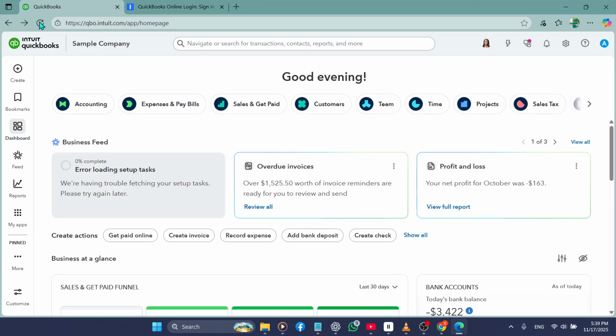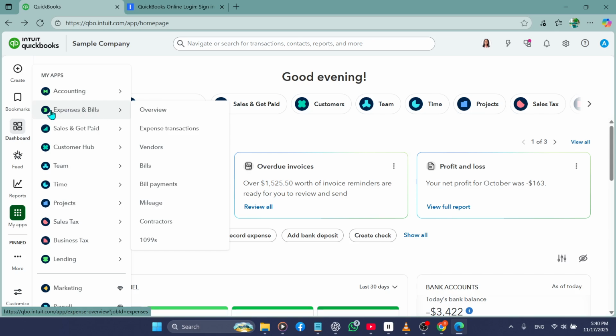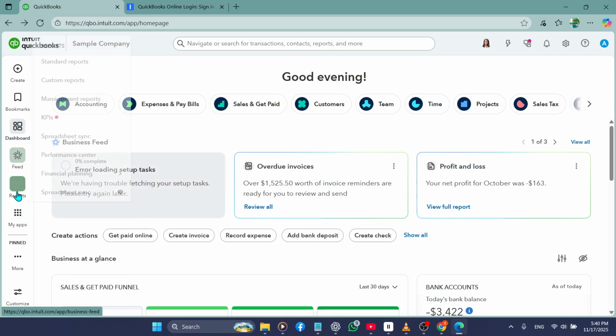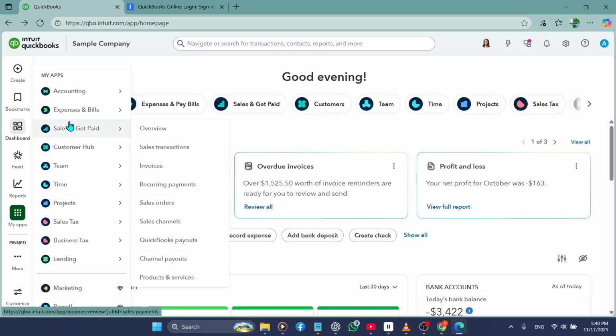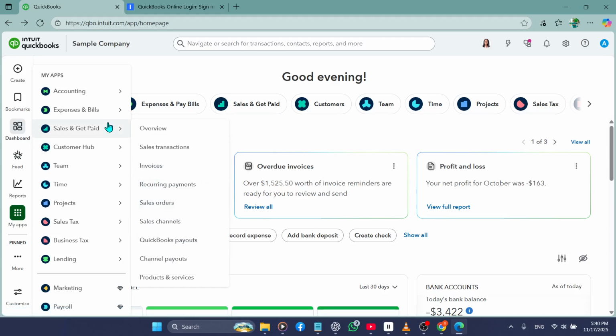Next, navigate to the Expenses section. You'll find it in the left side menu. This area contains a complete list of your transactions, organized to help you locate the one you need without any trouble. Take a moment to scroll through the list until you find the specific expense you want to bill to a customer. When you click on the transaction, QuickBooks will open the details so you can review or update the